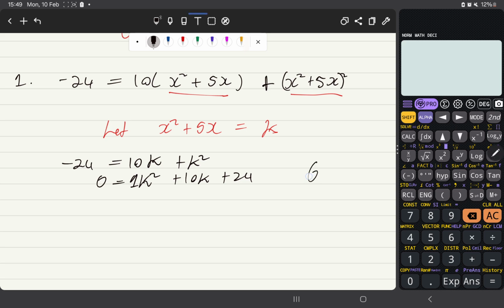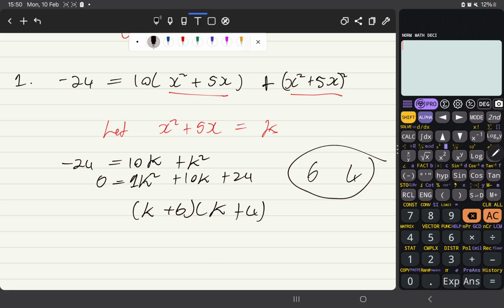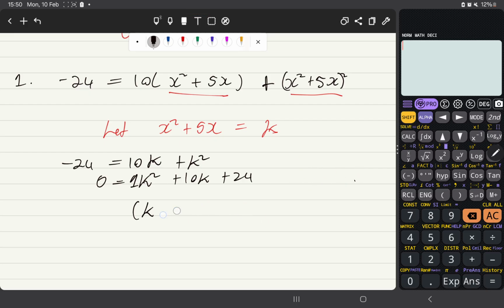You realize that 6 and 4, multiplying them together, give you 24, and adding them, they give you 10. So you can just say you have k plus 6, k plus 4, and then you are basically done factorizing. But if for some reason you cannot do this,